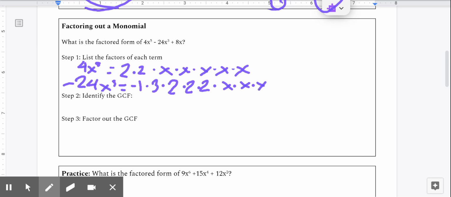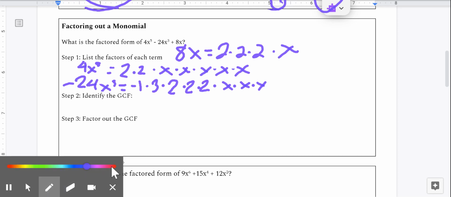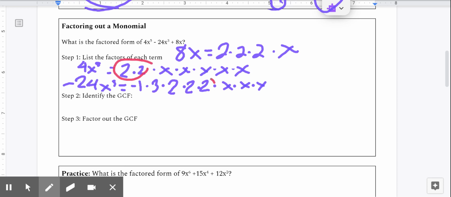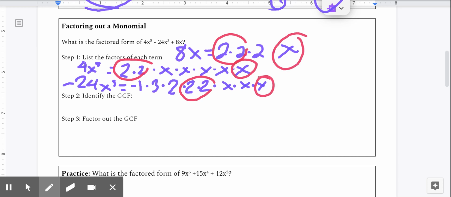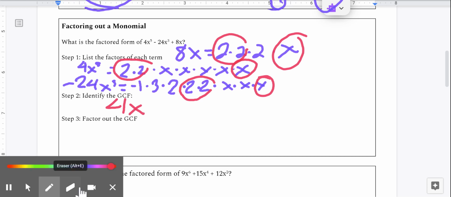And the last one, that 8x, I'm going to do up here. We just said that 8, its factors are 2 times 2 times 2 times x. So now when I look for that GCF, we can see that each of these has 2 2's, right? We have 2 2's in each place, and we also have at least one x. So the biggest thing that I can take out is 2 times 2, or 4, x. So if I'm going to factor out a 4x,